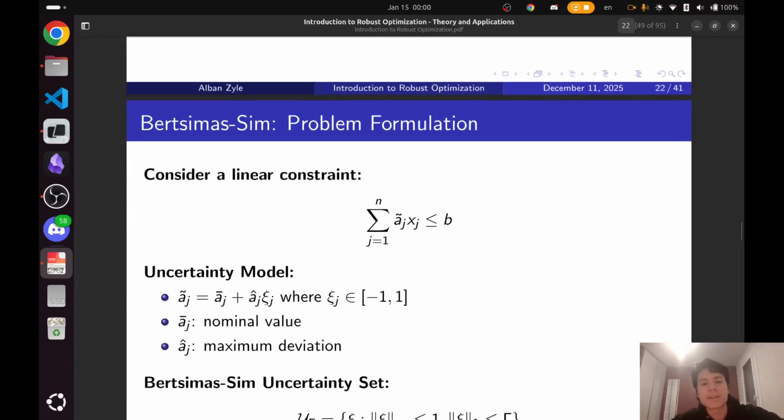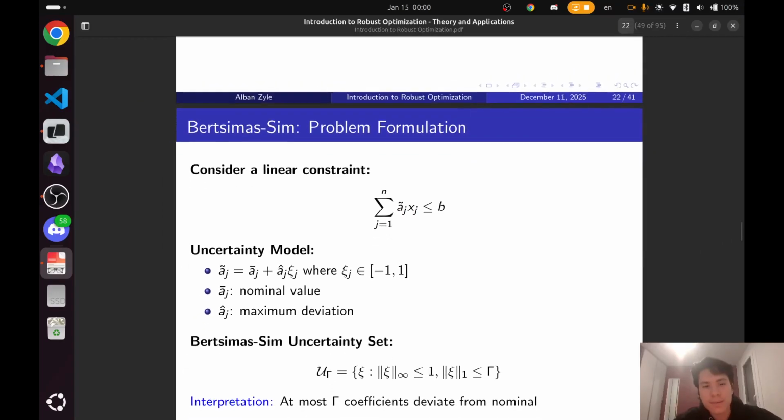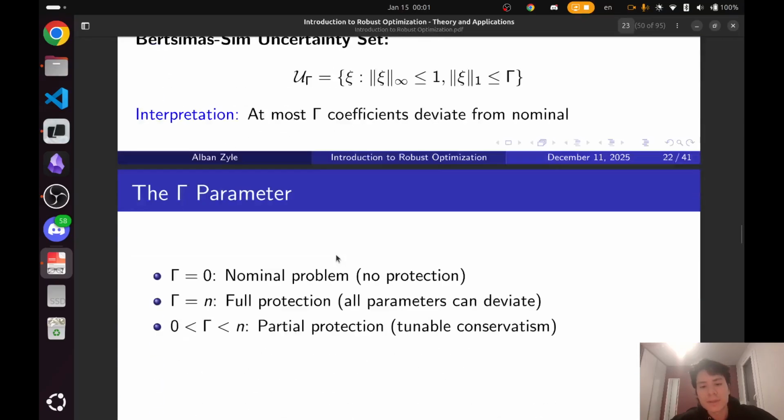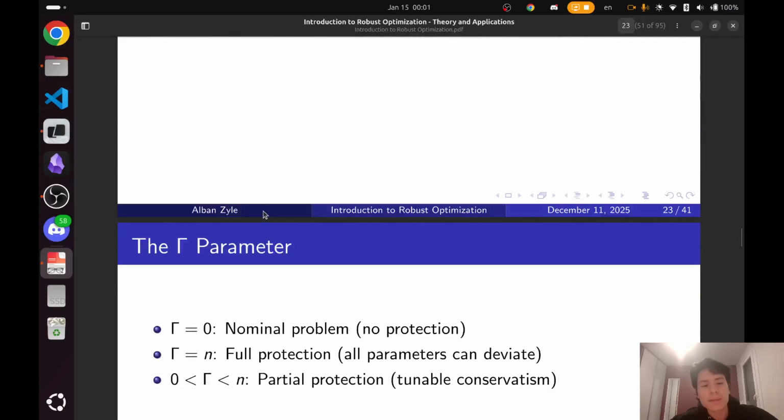And what we're saying here is that the coefficient aj is a set, right? And we can express this coefficient as a sum of a nominal value plus some epsilon, some deviation from the nominal value. And this epsilon is between -1 and 1 because it's an upper and lower bound, times some scaling, which is this aj hat, right? And basically we define the uncertainty in this way. Then given this way of defining uncertainty, we say that we want